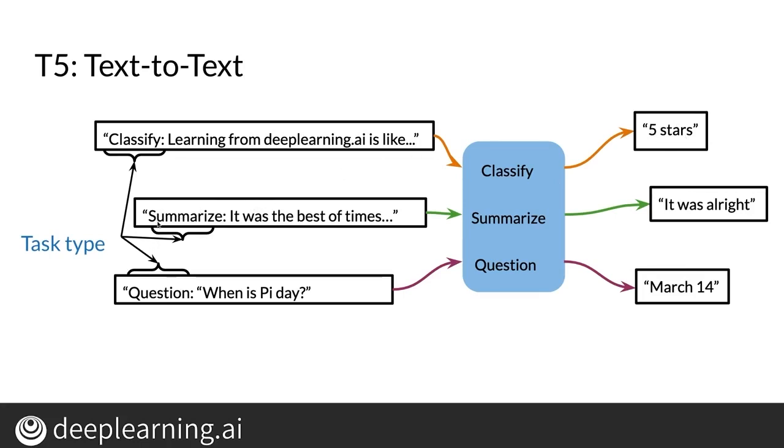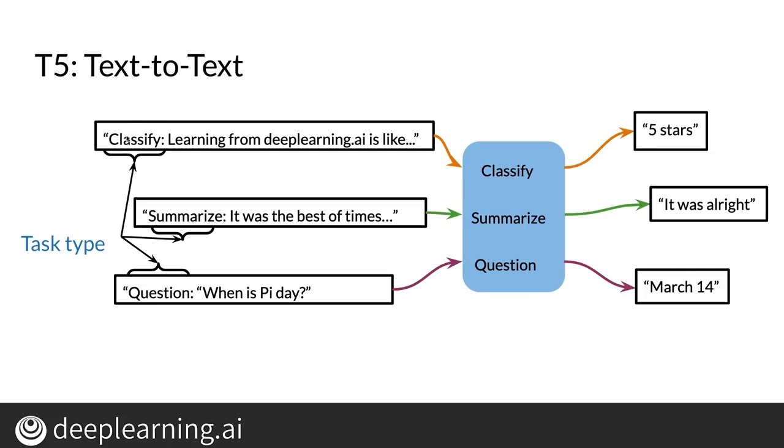So you add the string "summarize:". It goes into the model. It automatically identifies that you're trying to summarize, and it does so. If you have a question, you append the question string, it knows that it's a question, and it returns the answer. Now, these might not be the exact tags that you'll find in the paper, but it gives you the overall